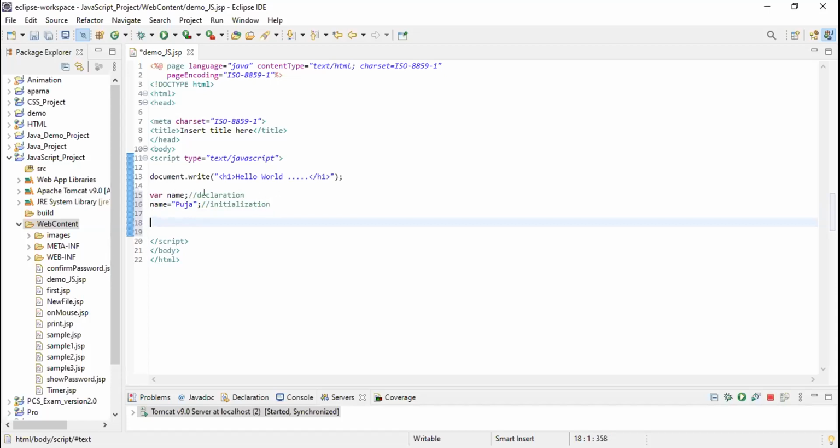So this is called declaration, var name, and this is called initialization, where I give a value.